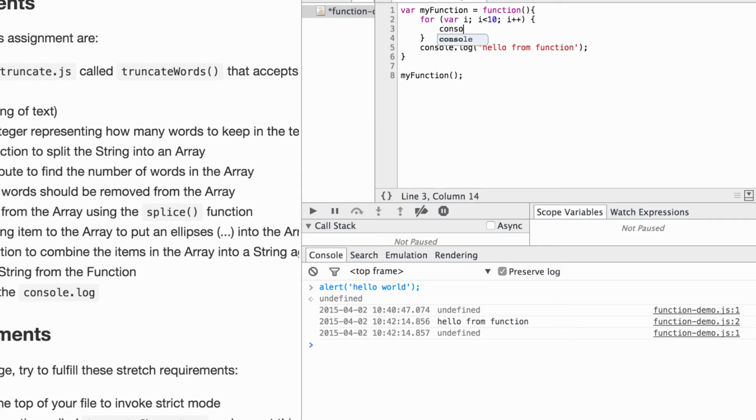And in this loop, I'm just going to console.log hello. What I'll see on the output is a stack of hellos and then one final hello from function. I'm going to change it to say finished saying hello from function, just so that I know that's what I'm looking for. So when I play this,